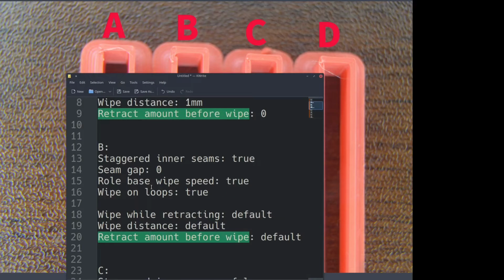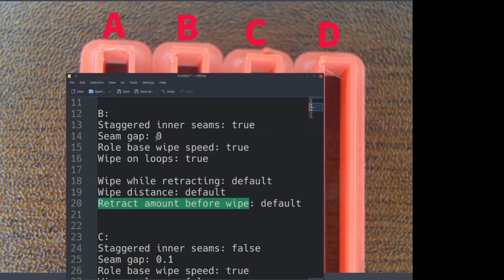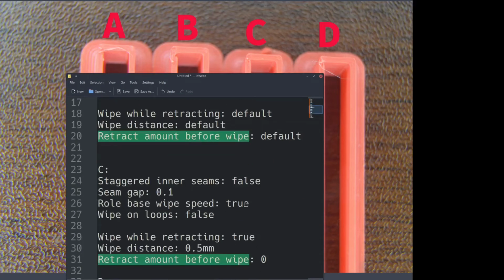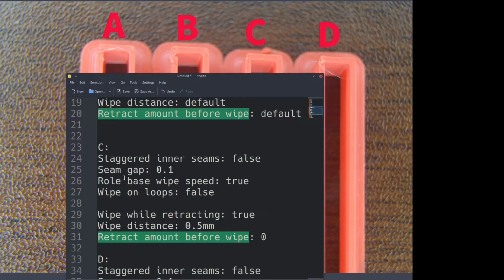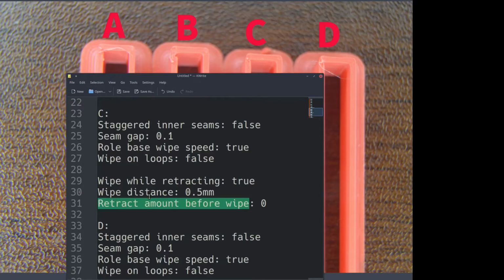For B, SIM gap 0, and the remaining is default, so it will take from the printer profile. So printer profile says wipe while retracting is enabled, wipe distance is 2 mm, and retract amount before wipe is 100%. For C, SIM gap is 0.1 mm, wipe distance is 0.5 mm, and retract amount before wipe is